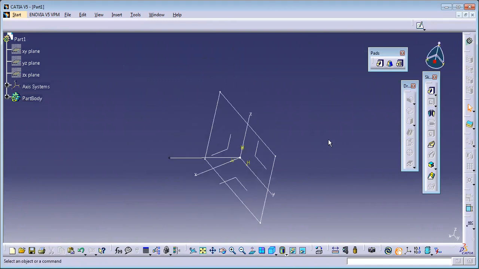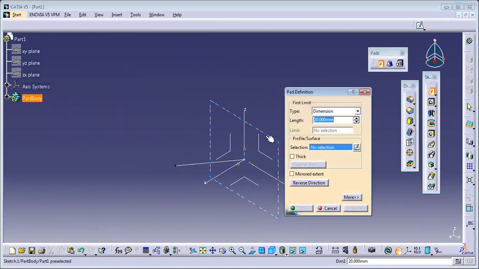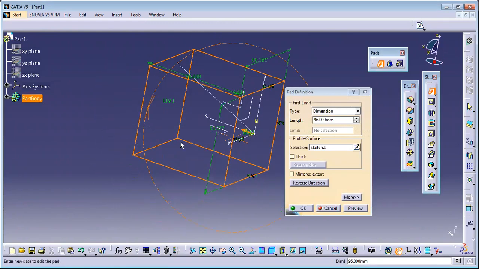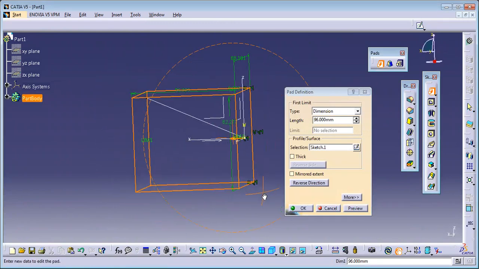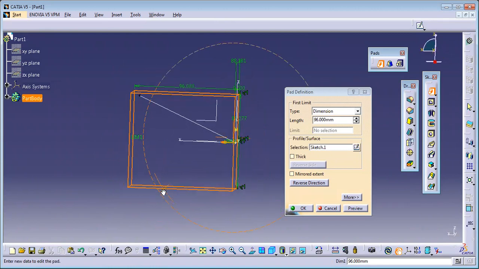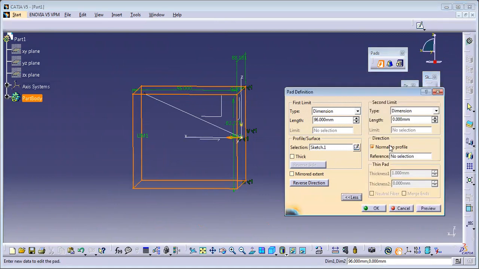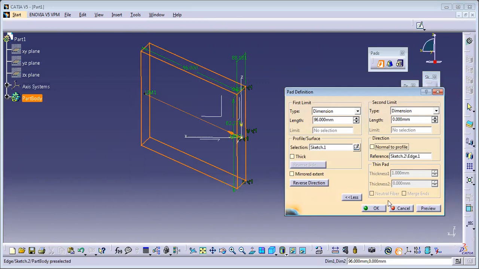I'll go with pad. Now you can notice the material is still being added in the X direction, right? It is not traveling on the axis which I have taken. So to make the material travel on the axis which you have drawn here, you just click on this more, and switch off this normal to profile. So here the reference portion will be switched on. At that time, just select this reference portion and now you can notice the material is being added on that particular line which you have drawn. Okay.